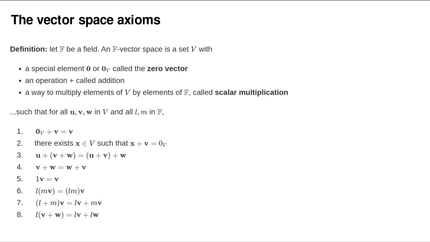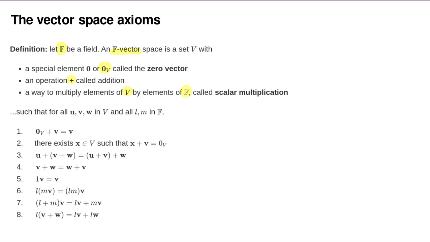The definition is that if you have a field, which we're going to write as bold F, then an F vector space is a set V which has a special element called the zero vector, written with a V with a zero subscript, or sometimes just a zero, an operation called addition, which we usually write with a normal plus sign, and a way to multiply elements of the set V by elements of the field F, which we call scalar multiplication,